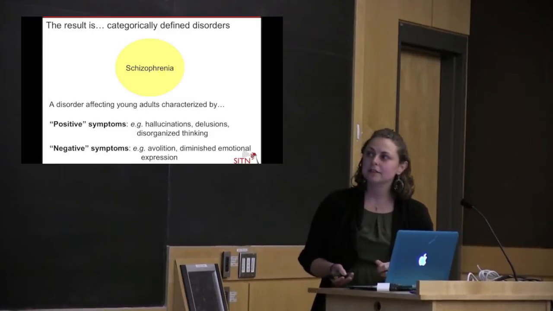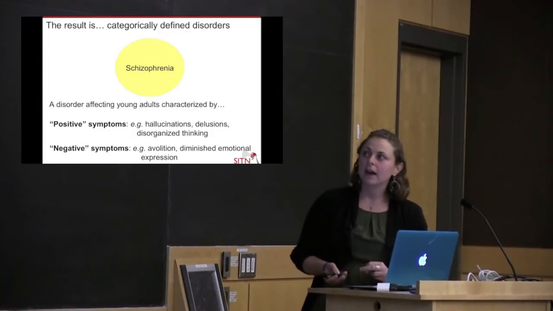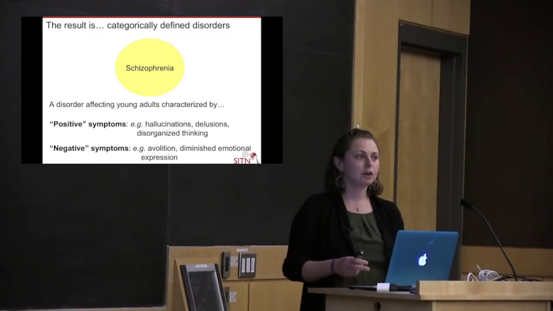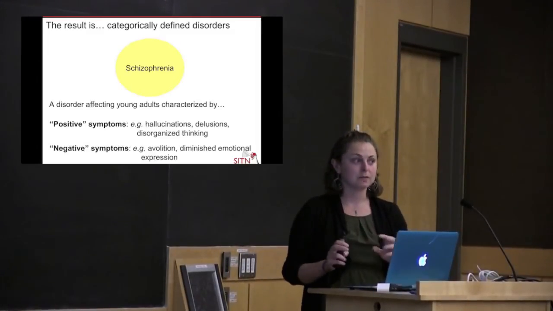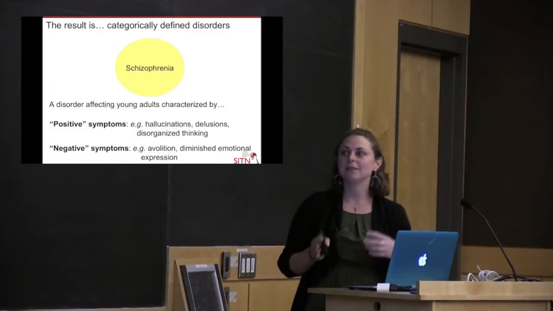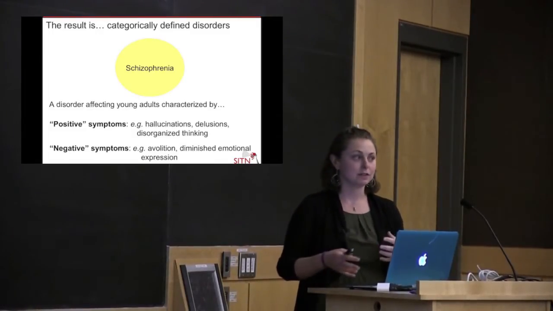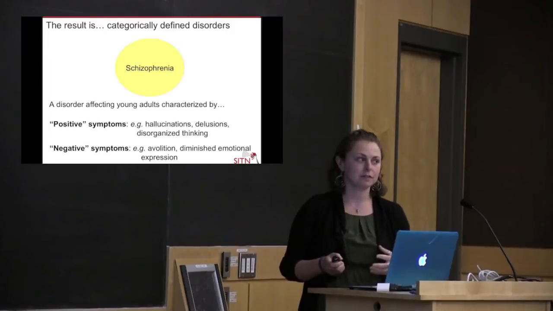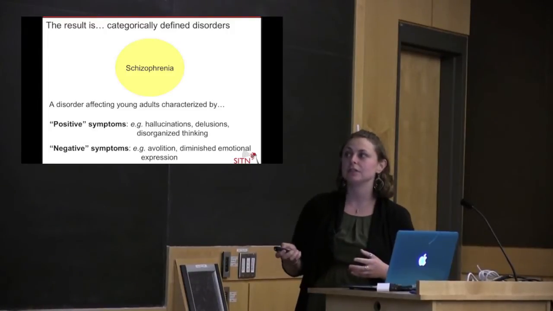Another disorder affecting adults is schizophrenia, and these individuals experience two categories of symptoms, which are called positive and negative symptoms, which I hope you won't misinterpret to mean good and bad. Rather, they indicate the presence or the absence of certain kinds of experiences. So positive symptoms are those symptoms which are normally absent from healthy individuals. So examples are hallucinations or